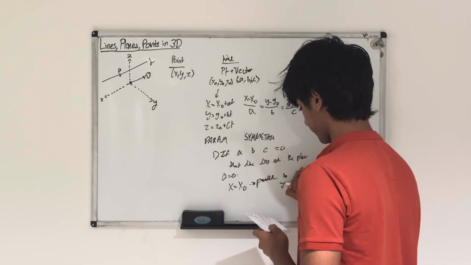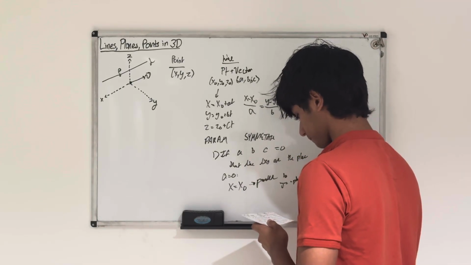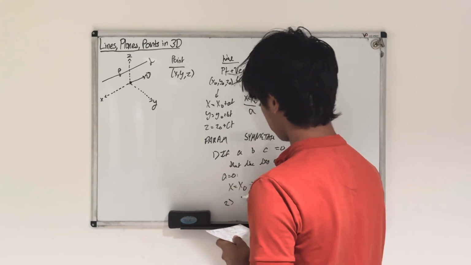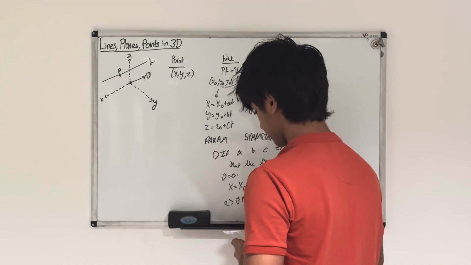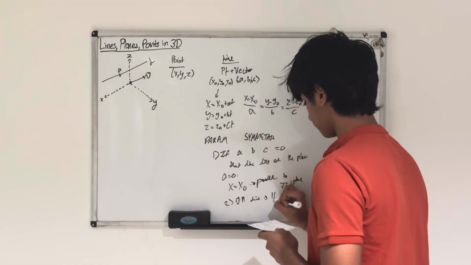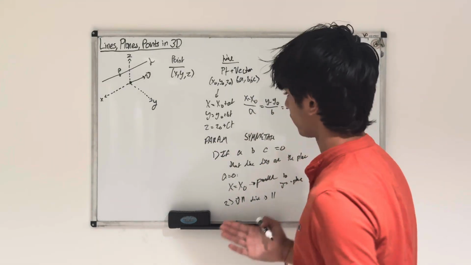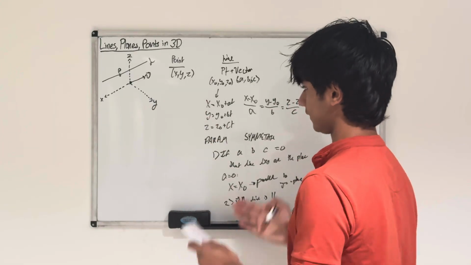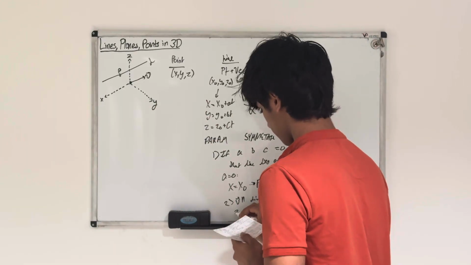Okay. Two, if the direction vectors are parallel, then the lines are parallel, and consequently, if the direction vectors are perpendicular and the lines intersect, then the lines are perpendicular. And number three,